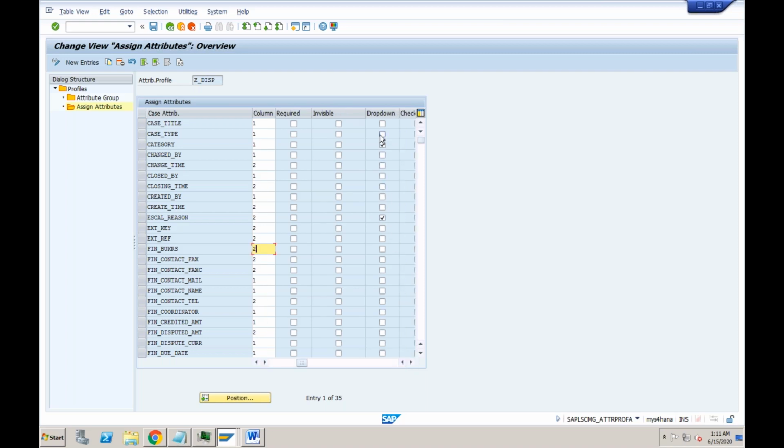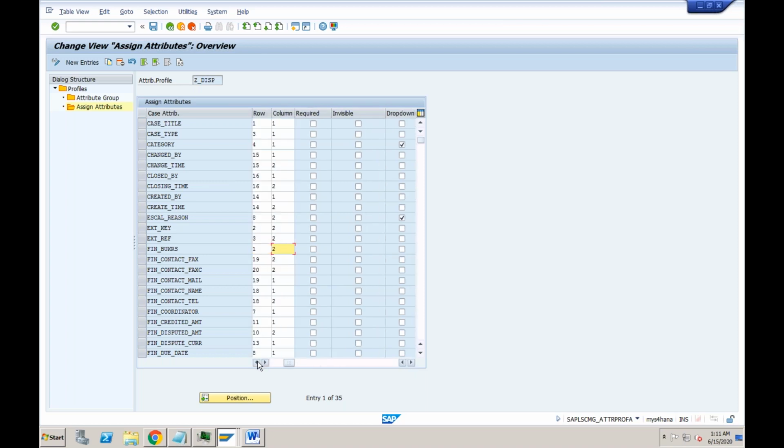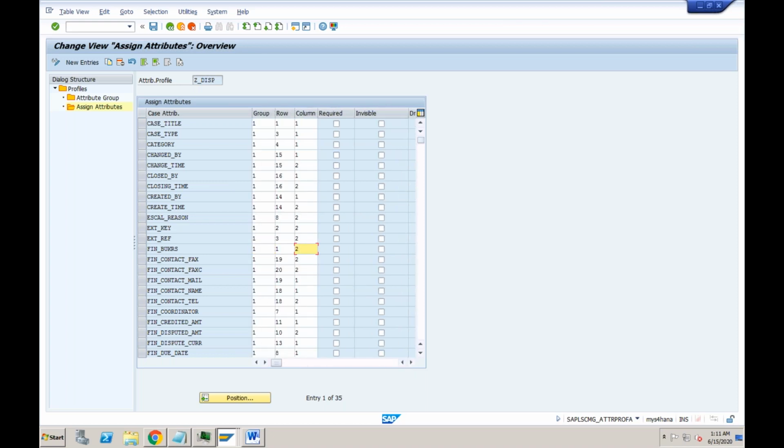Okay, whether the field will show you the drop down, whether the field will check, is there a checkbox available? So you can specify all those controls from this particular screen. Okay, you can control which field will appear where. So for example, title is currently appearing as row number 1, but let's assume I want to change this. I want to change this to second field. So similarly, what I need to do is I need to make the change to the first field also.